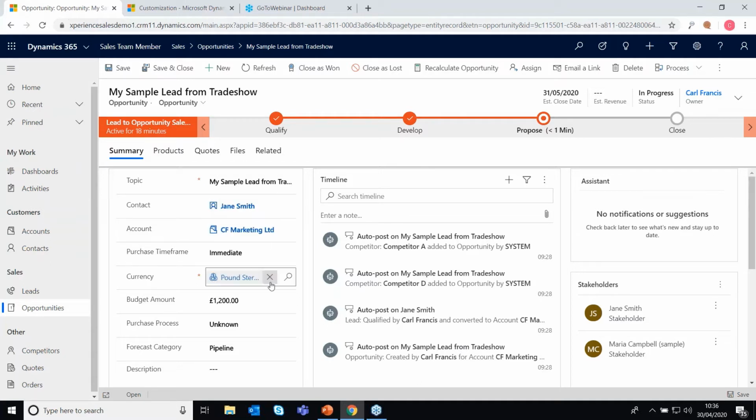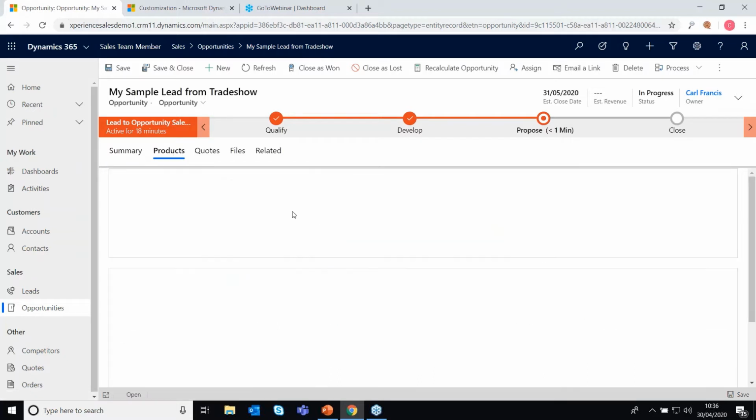Okay, so let's move on to what it is they're actually interested in. So we've got the summary of our opportunity in, and now we want to put the products and services in of what it is that they are planning to purchase. So if I click on the products tab,